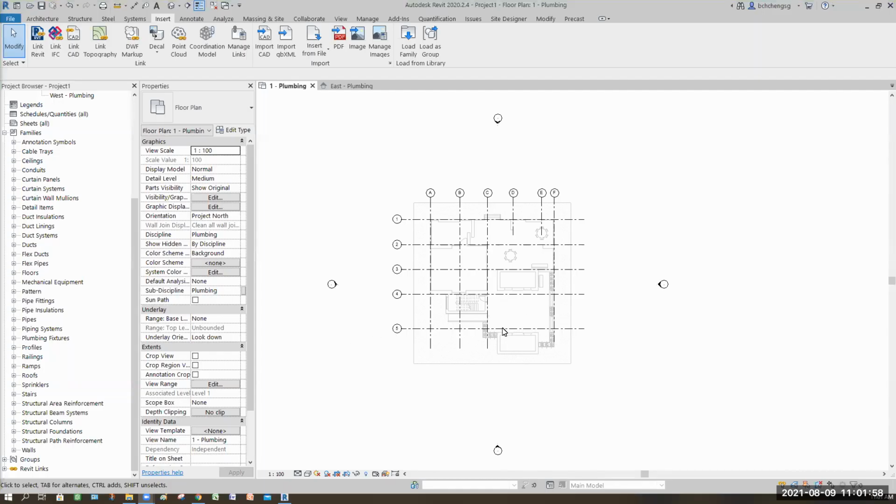I linked the CAD file. The purpose is to check how they place the tree here and there, and also to know what the level elevation is here and there. Okay, so